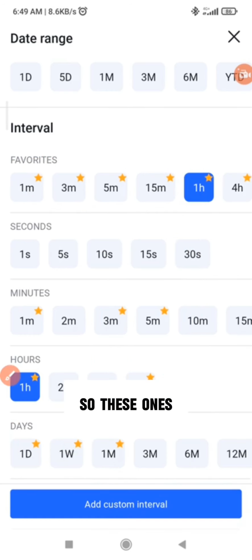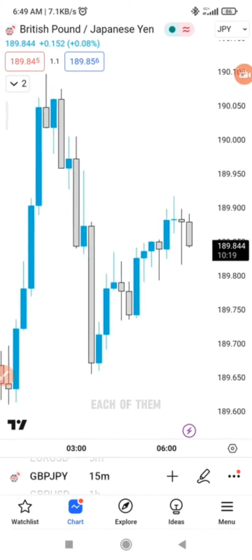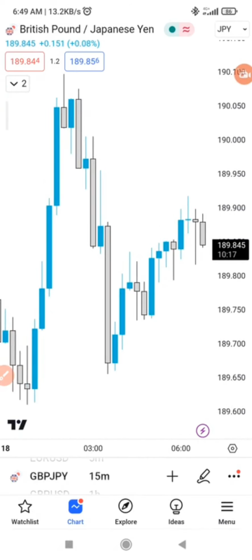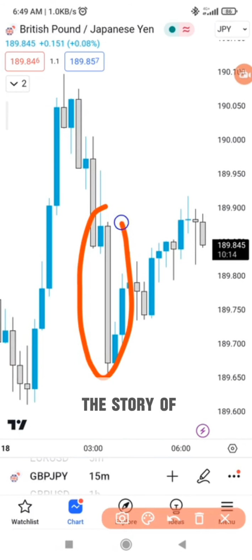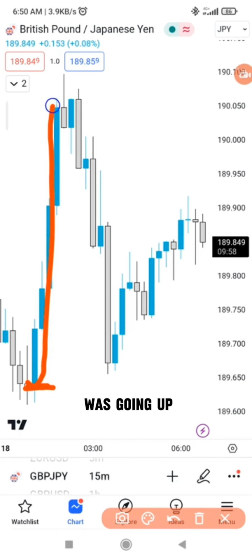Okay, so these ones you are seeing here are time frames, meaning every candle. If I click on, let's say, 15 minutes, every candlestick you see here is 15 minutes. Each candlestick is telling you the story of the market for 15 minutes. Remember I told you, understand who is in the market at any particular point in time. If the buyers are in the market, price is going to start somewhere here, and you can see that it was going up until sellers reclaim the market. The moment sellers reclaim the market,